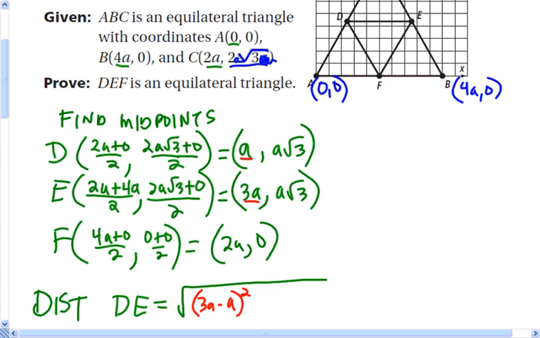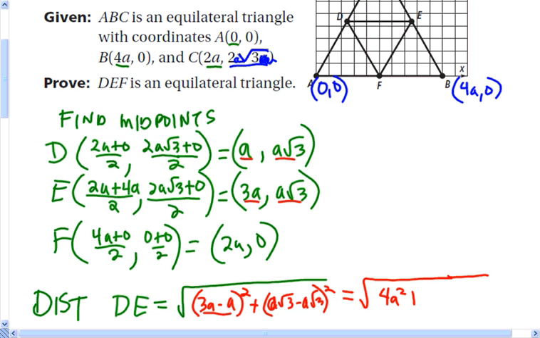Square that, and then I need to subtract my y-coordinates, and that would be a square root of 3 minus a square root of 3. Square that, and if I simplify that, I get 3a minus a is 2a, and if I square that, I get 4a squared plus